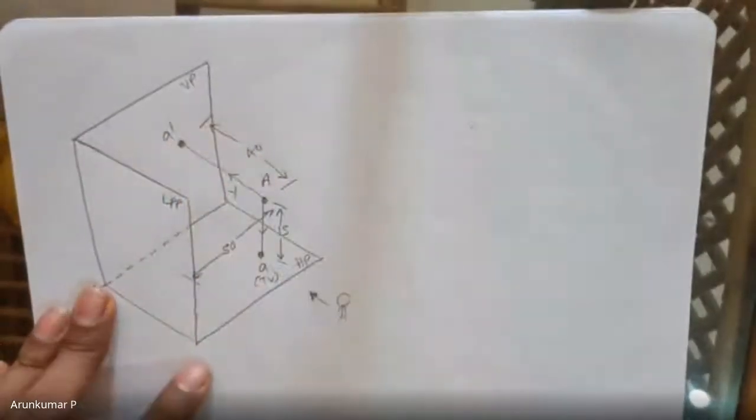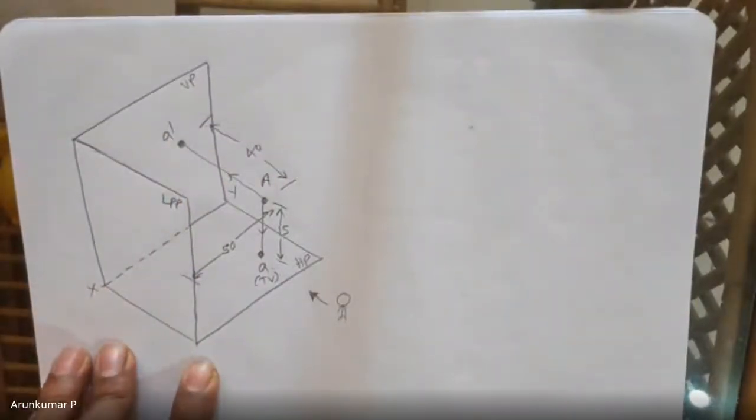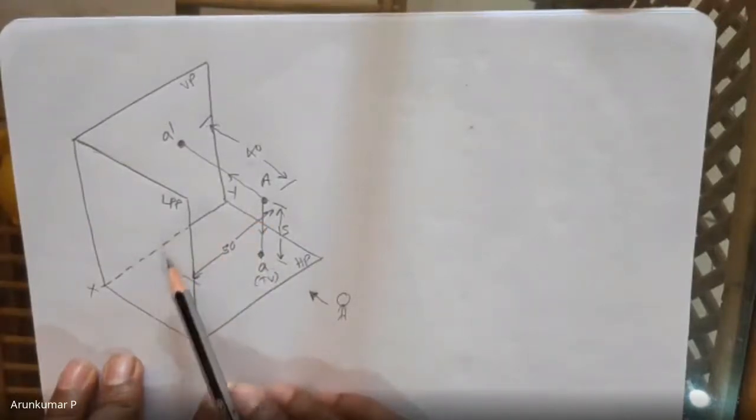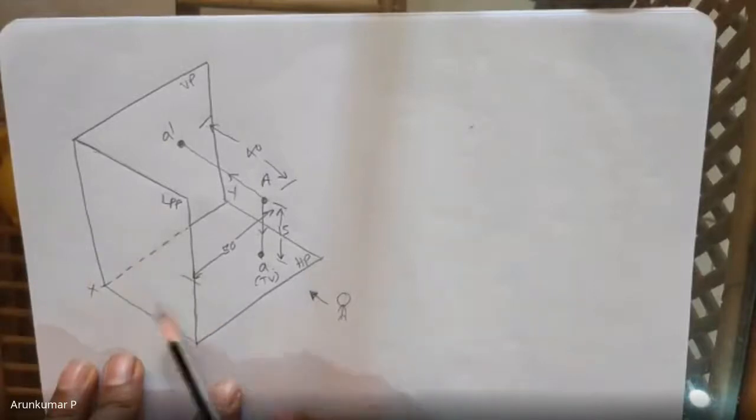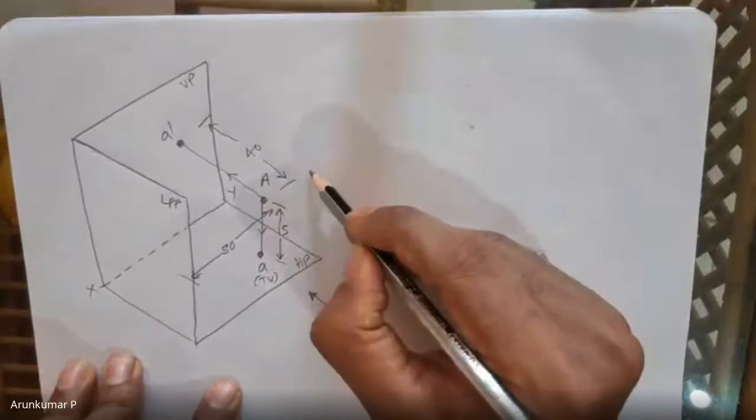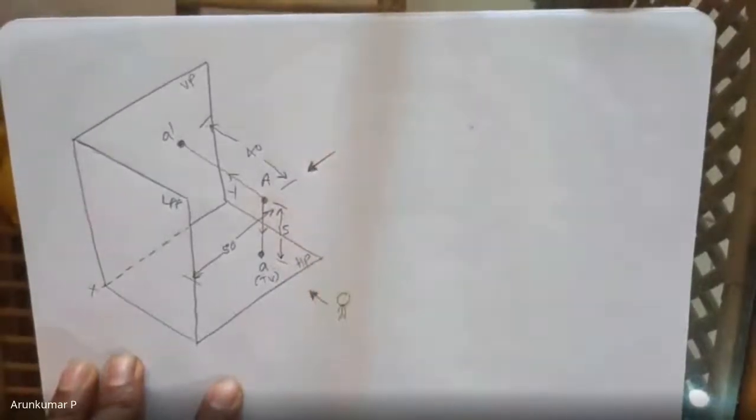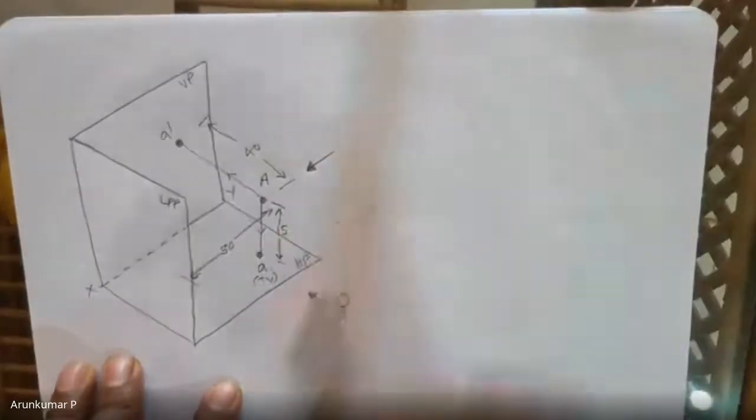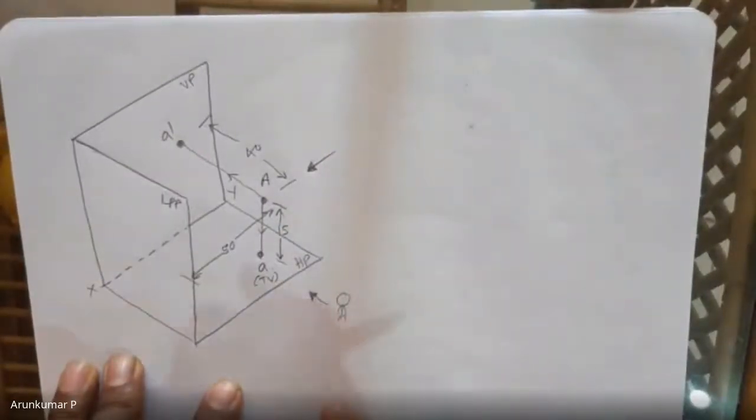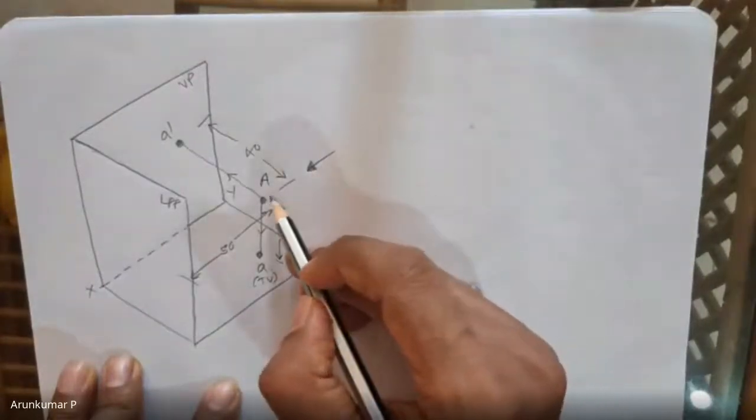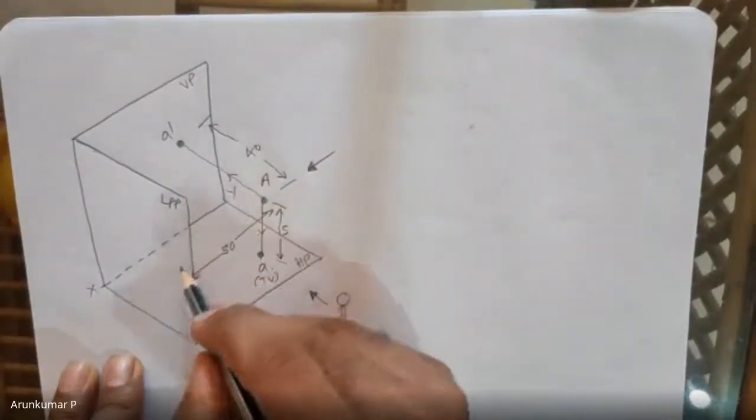A dash, the front view. Now I want the side view on the left profile plane. So now I should move to the right side and observe. So I'll be observing the point from the right side. The rays of light are going to pass through the point A,